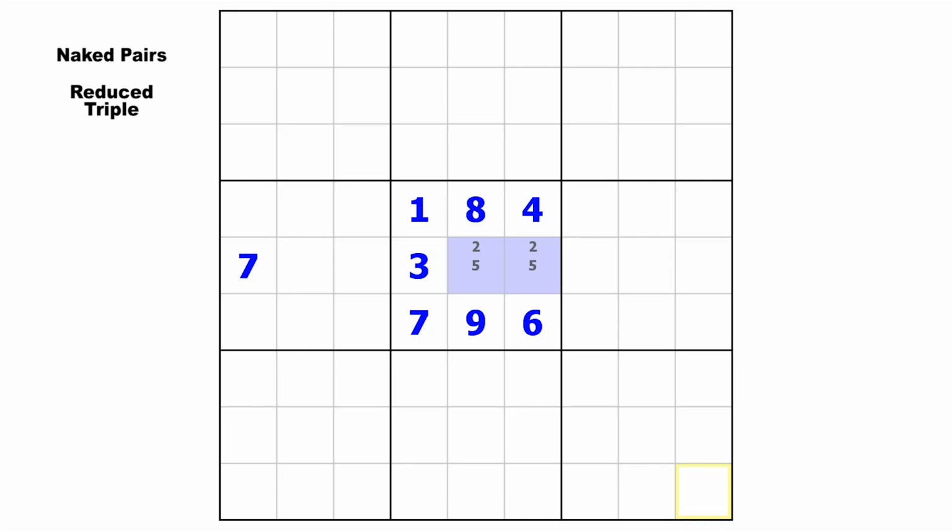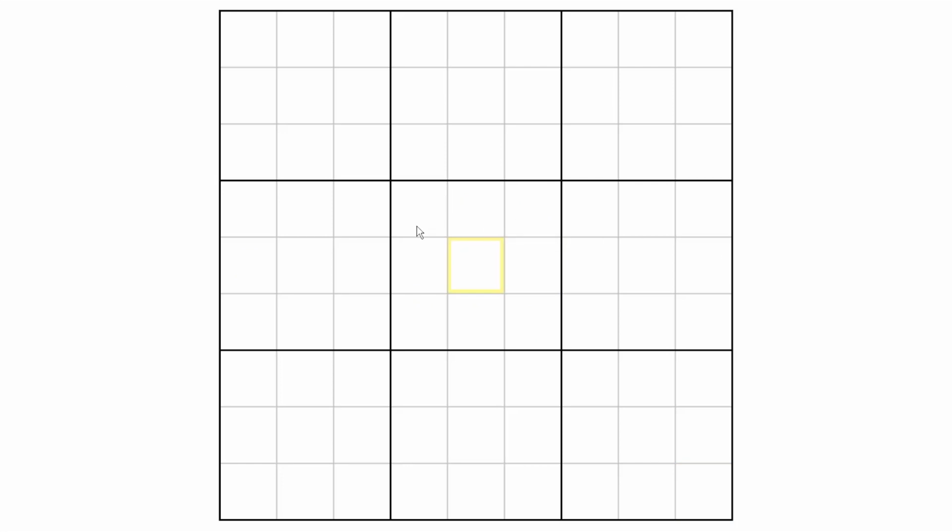So when you have a triple that lies within a block and 2 of the cells are in the same line, like these 2 cells in row 5, if any one of those digits is solved in that line outside the block, it will reduce the triple to a naked pair and a hidden single on the other candidate. So I call this a reduced triple. Got it? All right, let's say we have a naked pair of 7 and 3 in block 5, and we